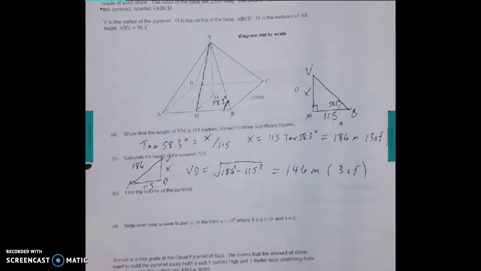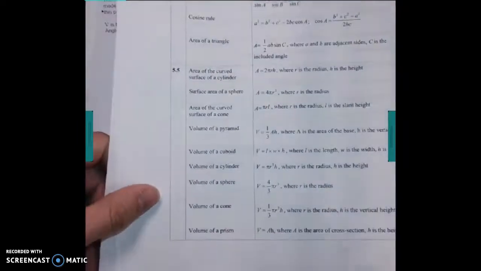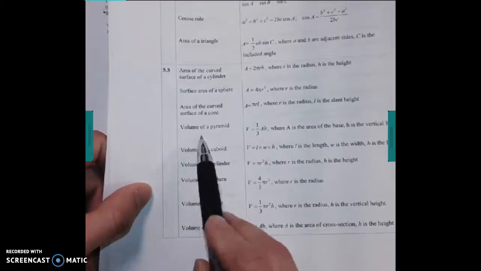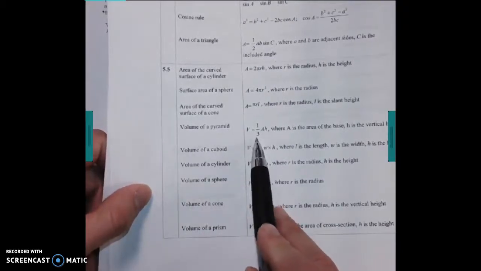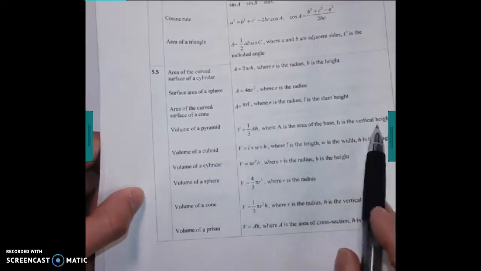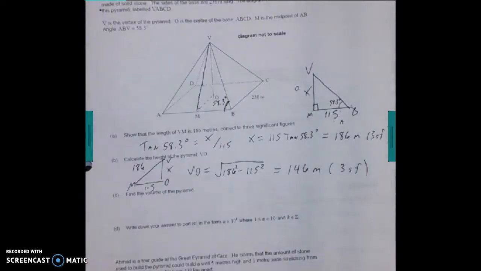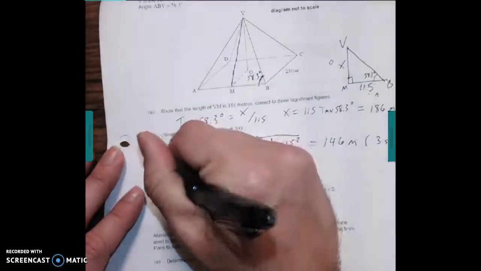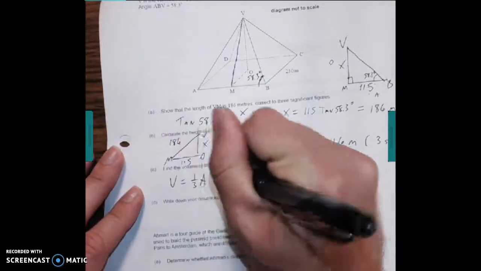With all this information, I can find the volume of the pyramid. The volume of a pyramid is 1/3 capital A times H, where capital A is the area of the base, H is the vertical height. So the important thing here is that this thing has a square base. So if I'm doing volume equals 1/3 A times H,